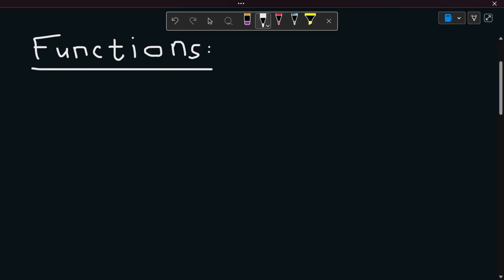Good day, students. Today we will be touching on functions. Now, functions is actually one of the biggest topics in mathematics. It is the most important as well, and this section of functions, or this playlist of functions, which I'm going to put in my playlists, is going to help you from struggling with functions to actually understanding everything from the basics of functions. So if you are in grade 11 and you still do not understand the fundamentals of functions,